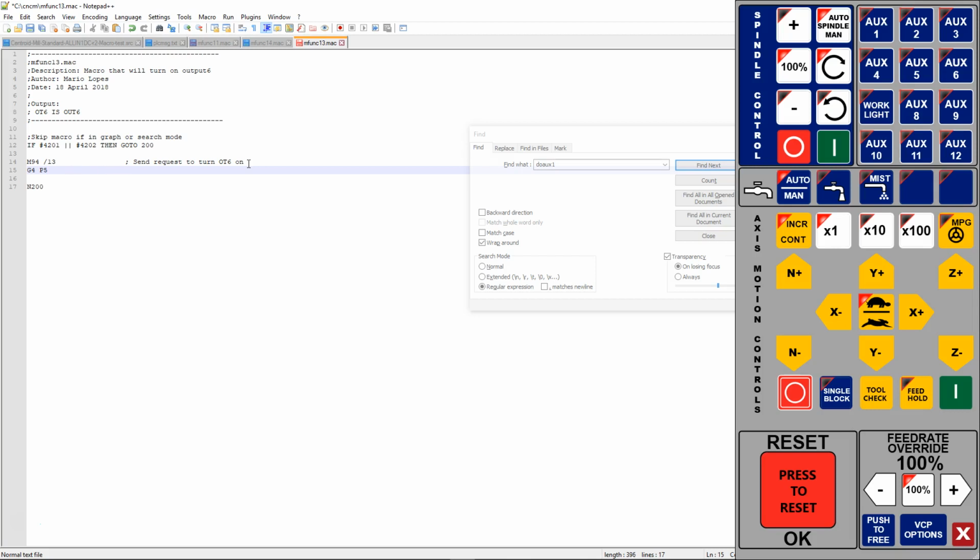Wait 5 seconds. And then after that time has expired, we want to go ahead and turn that off. Okay, so the way this macro is written, whenever we call out the M13, it's going to send the request to turn output 6 on. It's then going to wait 5 seconds, and then it's going to send the request to turn output